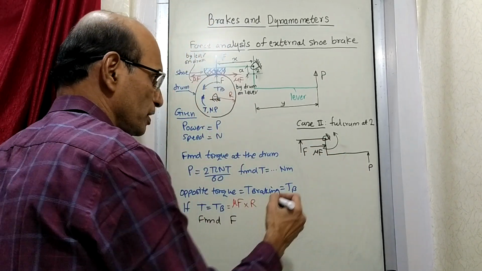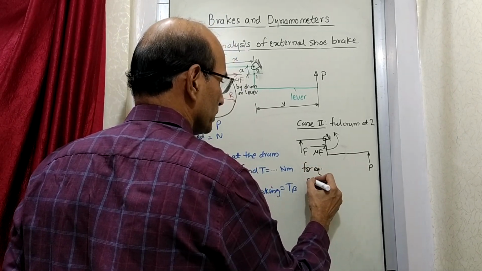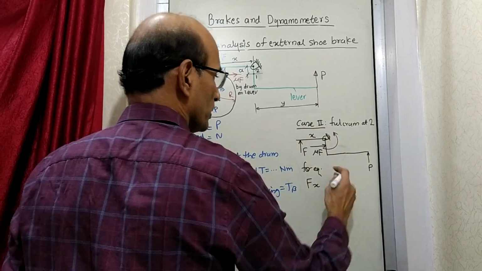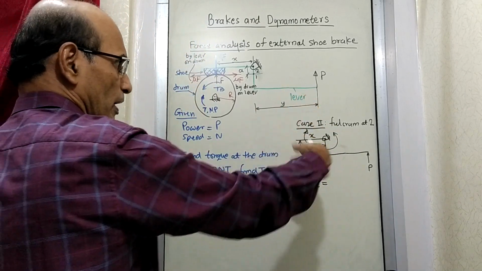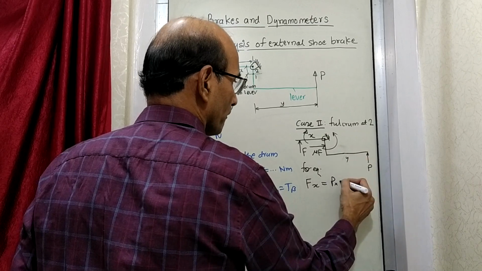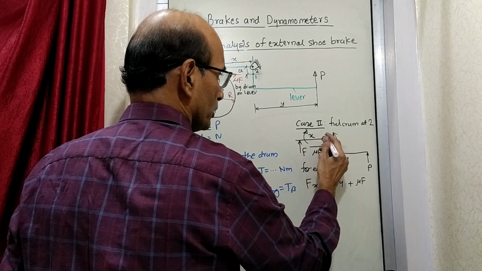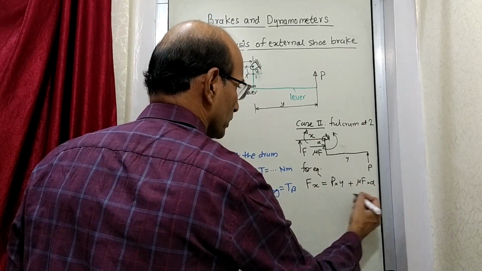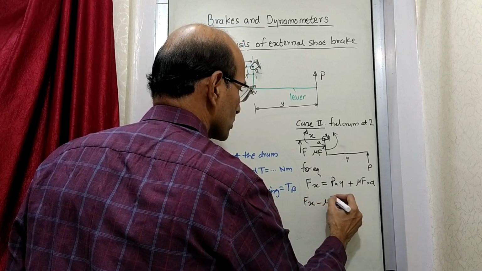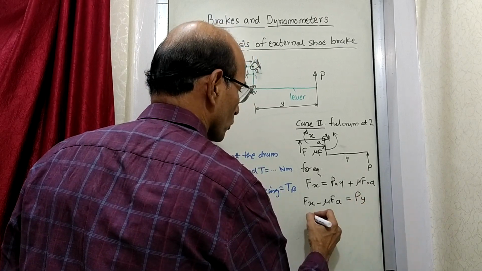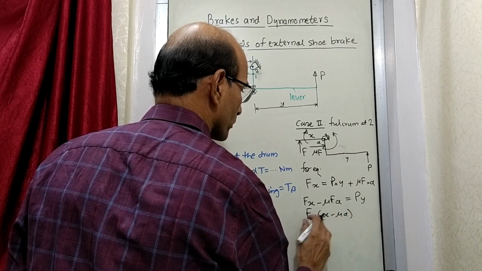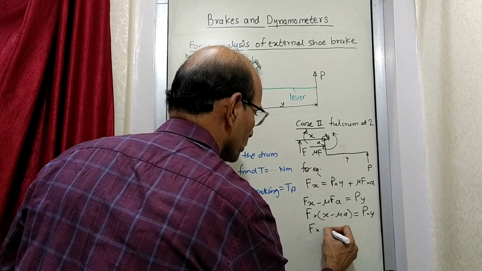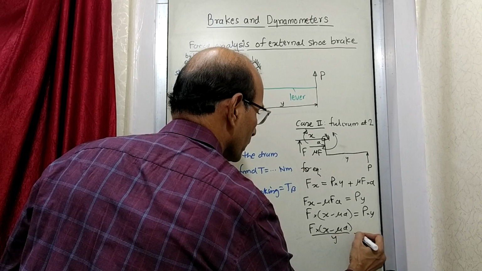So now if you write down the equilibrium condition, so for equilibrium, you can say that, write this side first, F into X in this direction, the clockwise movement, will be equal to the anti-clockwise movement created by P into Y plus mu F into A. So if we bring F terms on one side and P terms on the other side, then F into X minus mu F into A is equal to P into Y. So I take F out, so F into (X minus mu A) equals P into Y. Therefore, P is equal to F into (X minus mu A) upon Y.